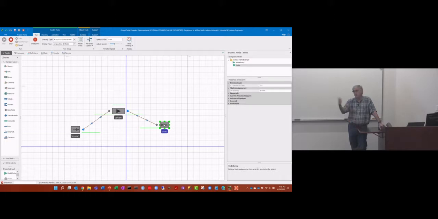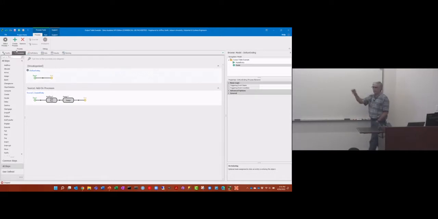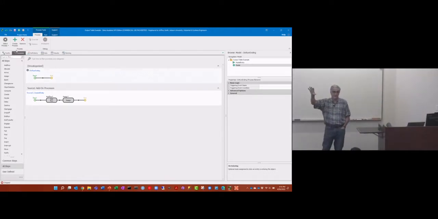Okay? Now what the question was about is how to get output statistics in the table. I can't figure out how to do that because output statistics are recorded once you hit end at the end of the run, and after you've hit end, you can't execute an add-on process, right? So if you look in the model, in the processes here, and you can select a process, there's an on-run ending process. Oops, I didn't have the model running. If I were to create an add-on run ending process, right when the model ends, it's going to execute this process. And so if you keep manual statistics, that would be where you would write rows of all that.